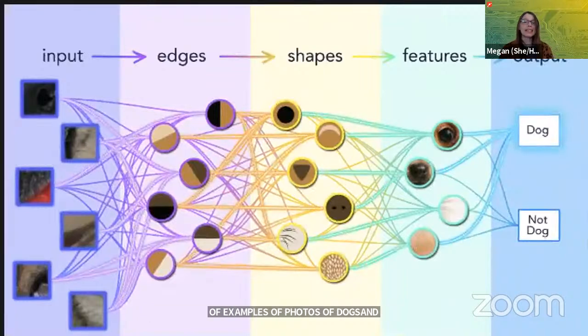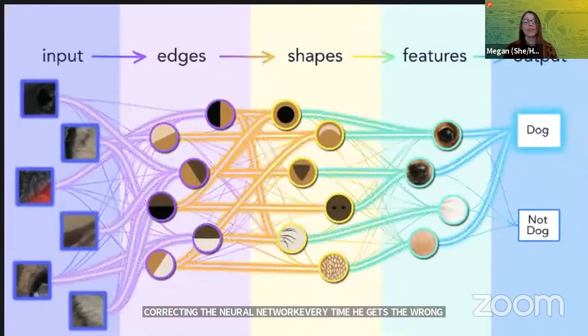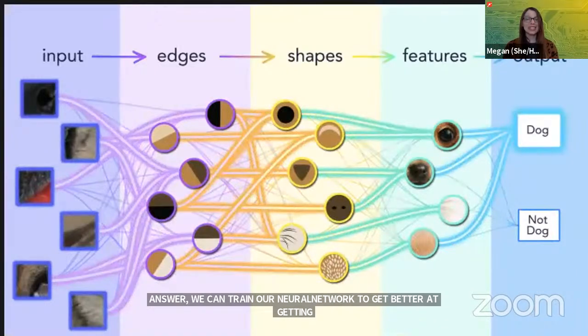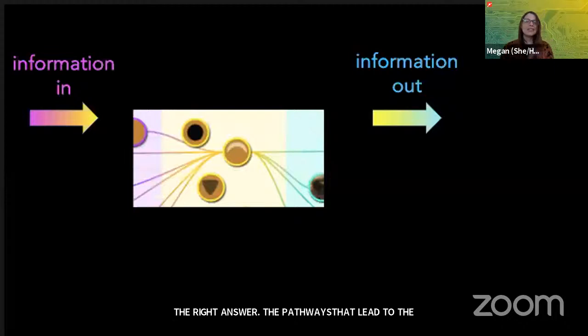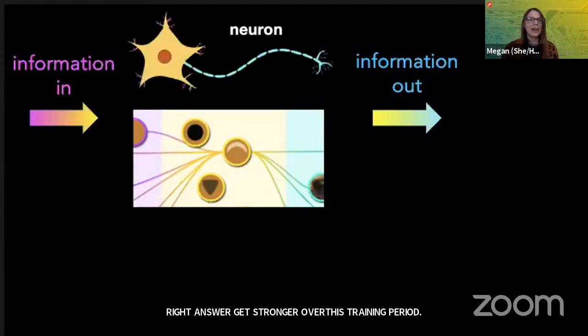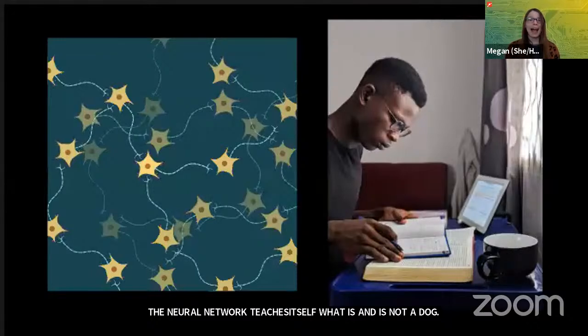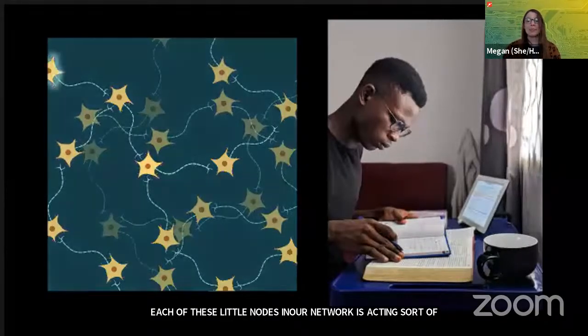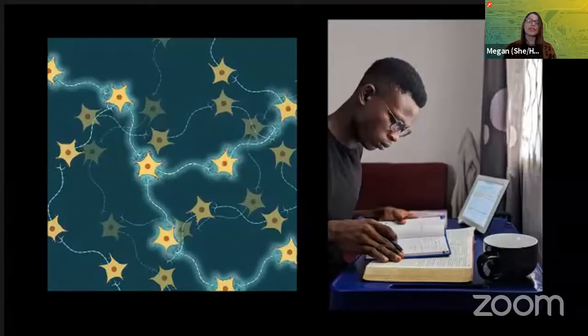The pathways that lead to the right answer get stronger over this training period, and the other pathways get weaker. The neural network teaches itself what is and is not a dog. And each of these little nodes in our network is acting sort of like the cells in our brains, or neurons. Each node or neuron is gathering information from the previous nodes and then passing it along. In fact, new discoveries about how our brains process the things we see are helping researchers to improve the performance of artificial neural networks